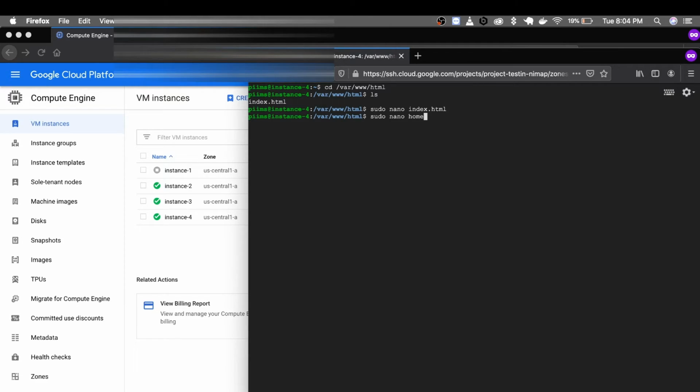Basically, nano will look for a file; if it is available, it will open that file, else it will create a new file. As you can see, we have only the index.html file available in this root directory of Apache. So we are going to create home.html, another file. If it is not available, nano will create a new file there.